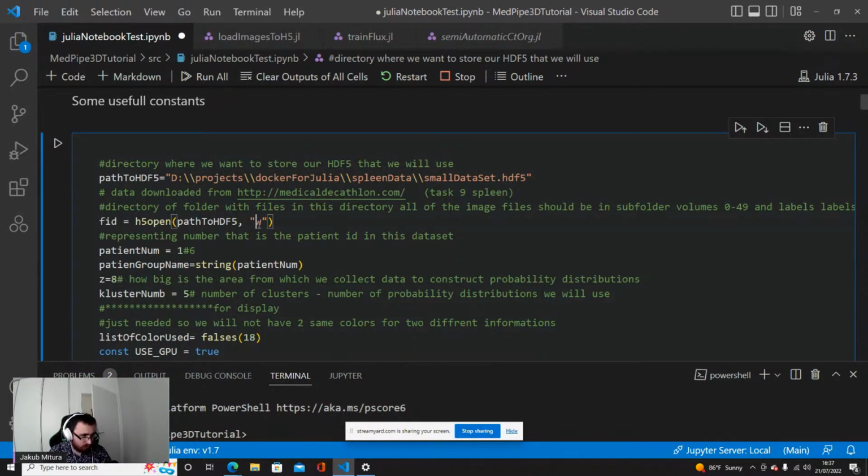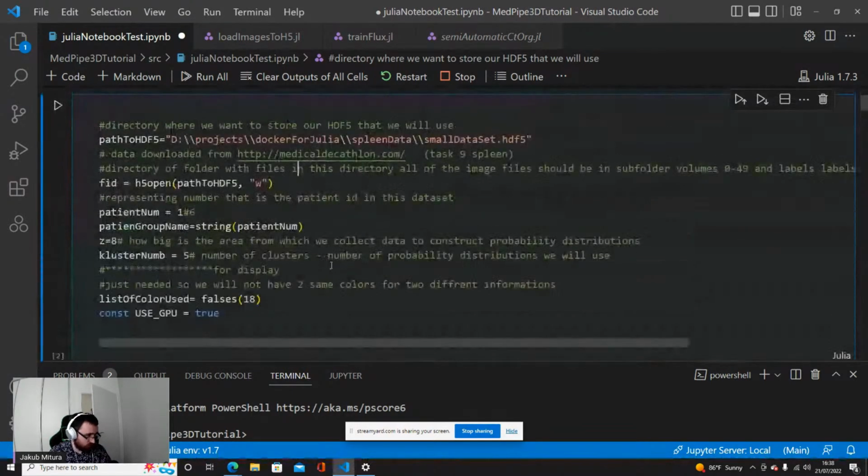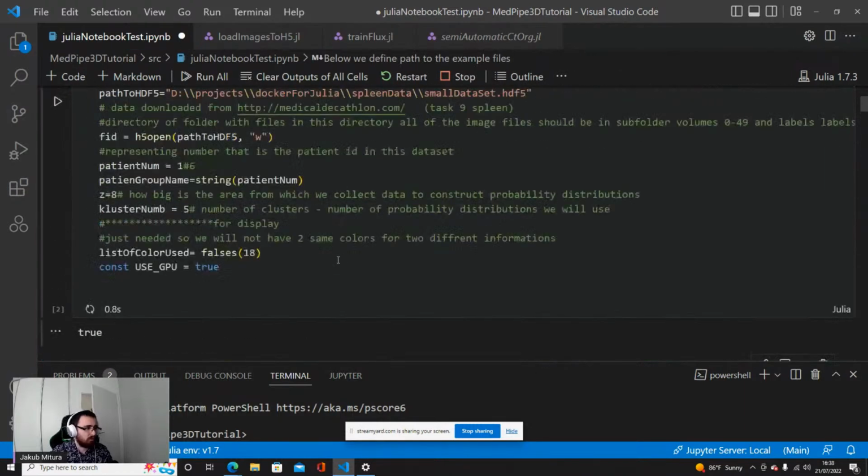When you supply W, you are creating a new database, so you will overwrite the old one. If you already had something there, it would be deleted. If you do not want to delete what is already there, use R plus, for example. But if you do not have anything yet, you just paste W as write. I will destroy the old database intentionally, because I want to start from scratch with you.